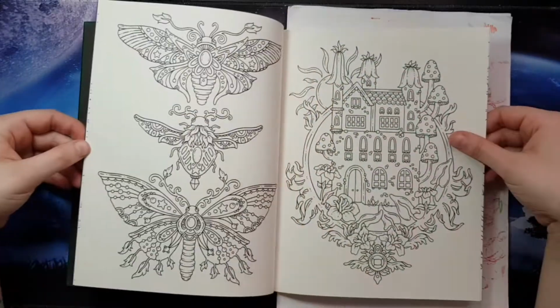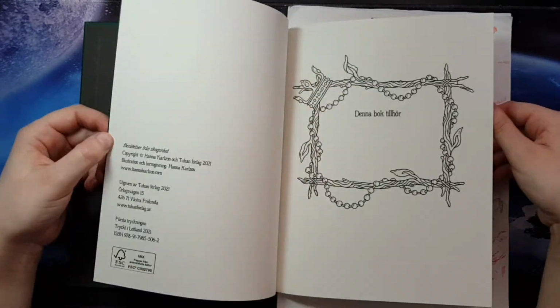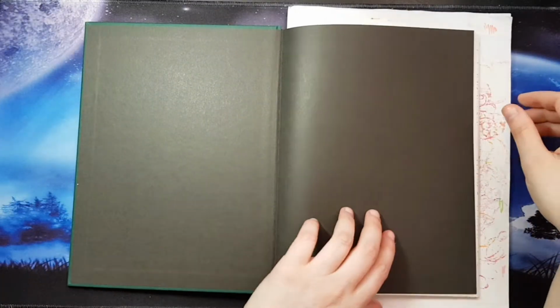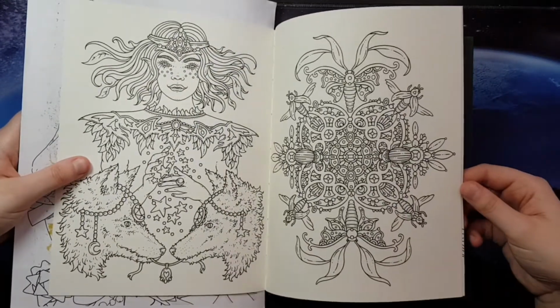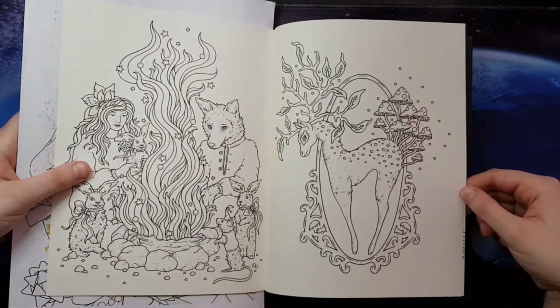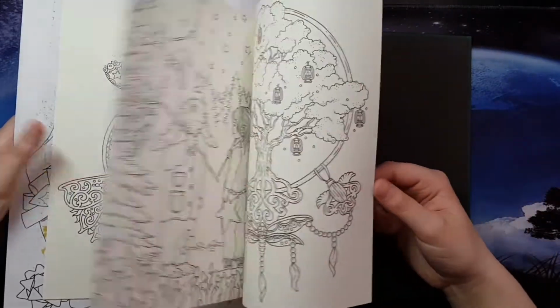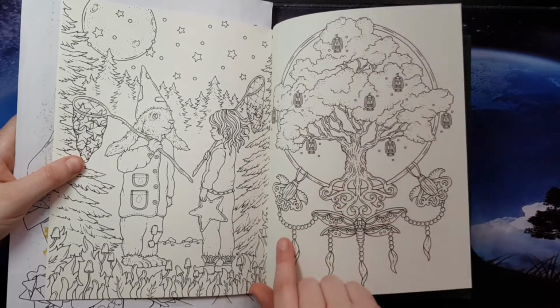Her books are just so fun to colour in, and lately I have been on a bit of a Hannah Carlson colouring phase, so yeah, it's been a lot of fun. I've got quite a few WIPs in her books at the moment, so I'm hoping to get a few of those done. This is really gorgeous,